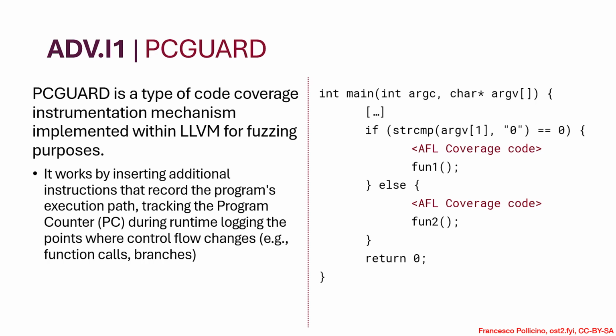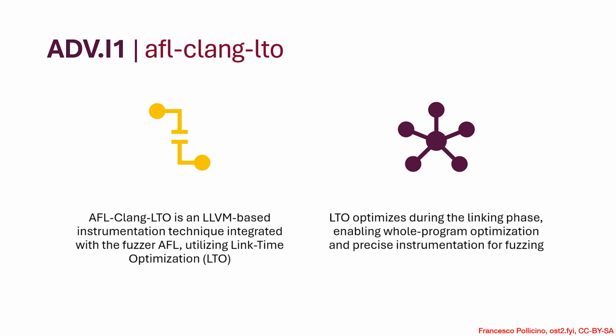You can imagine it as a tool that automatically adds some code in the source files while it's compiled, every time there is a change in the flow of the program. To visualize it, on the code snippet on the right, you can see that we added some code in red to track the two different branches of the if-else statement. Please note that because this feature relies on the internals of LLVM, it is Clang specific and will not work with GCC. On the other side, we have another instrumentation that is LTO, which stands for Link Time Optimization.